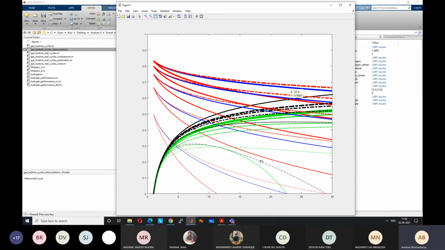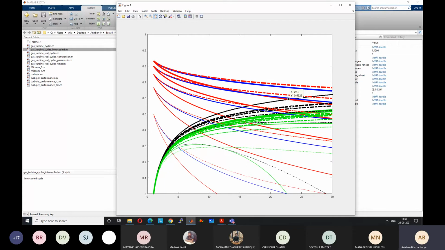t equal to 3. There is an anomaly here, but in general, as I have said, for most cases it will be lower than that of the reheat cycle. Obviously lower than that of the intercooled cycle, but even lower than that of the reheat cycle. So efficiency is lowest among all cycles. T equal to 3 is lower than the solid green line. T equal to 4, again lower than the solid green line. T equal to 5 and T equal to 6. So efficiencies are lowest among all the cycles with regeneration and reheat.